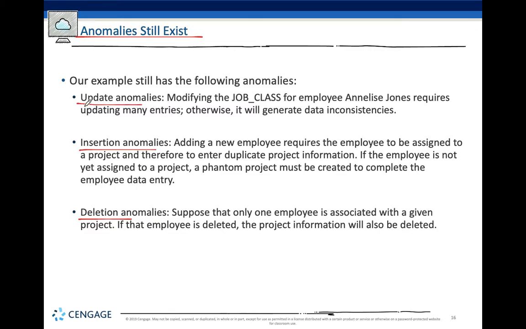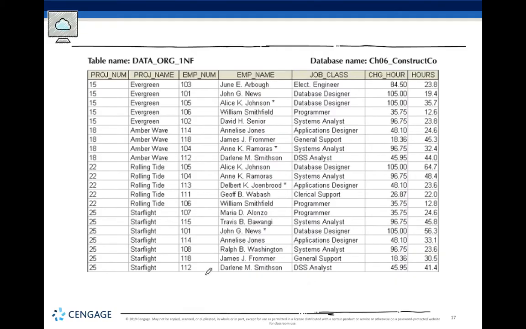So first of all, we have an update anomaly. For example, modifying the job class for employee Annalise Jones requires updating multiple entries. Otherwise, we will get data inconsistencies. What does this refer to? Let's take a look. Here's our data set in first normal form, right? This is in first normal form. Now here, we are seeing that Annalise Jones has